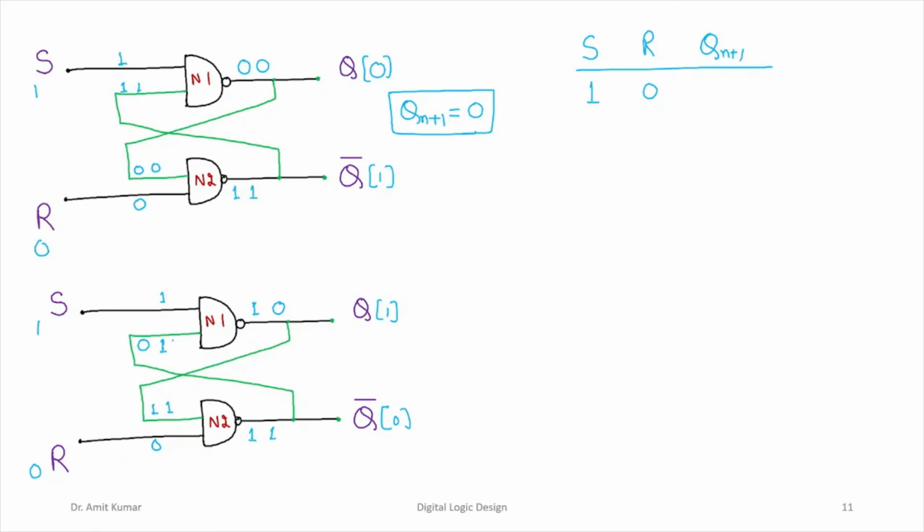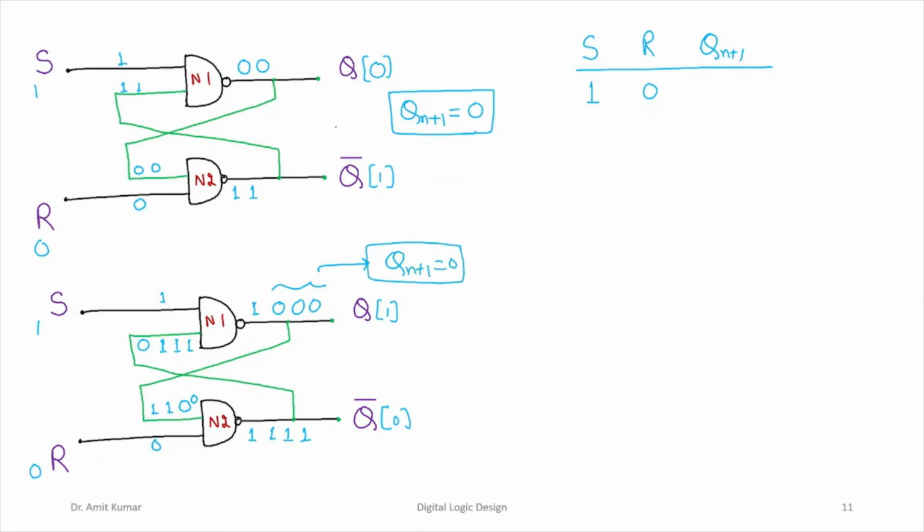Now this 1 again will be taken at the input of this. This 0 will be taken at the input of this. So 0 NAND 0, 1; 1 NAND 1, 0, right? Again, if you look, this 0 will be taken at the input of this, 0 NAND 0, 1. This 1, if you see, will be at the input of this, 1 and 1, 0. So what we can say about the output is that it is always reset,